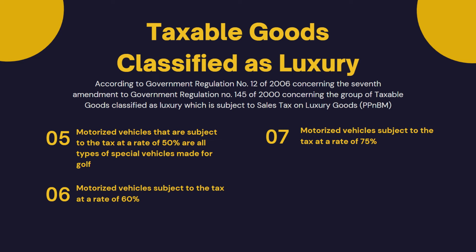And the last one is motorized vehicles subject to the tax at a rate of 75%, which are a motorized vehicle carrying less than 10 people, including the driver, with a spark ignition engine in the form of sedan or station wagon with a single axle drive system, or with a double axle drive system with a cylinder capacity of more than 3000 cc, and then a motorized vehicle carrying less than 10 people